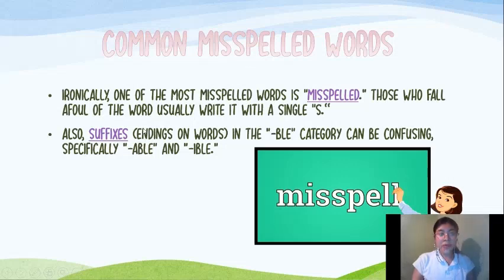Another one. Also, suffixes, the endings on words. Remember that suffixes are those particles at the end of the words. The ABLE and IBLE category can be confusing, especially able and ible. Okay, and here we have a teacher writing the word misspelled. Okay, let's check out a little bit of these words about suffixes